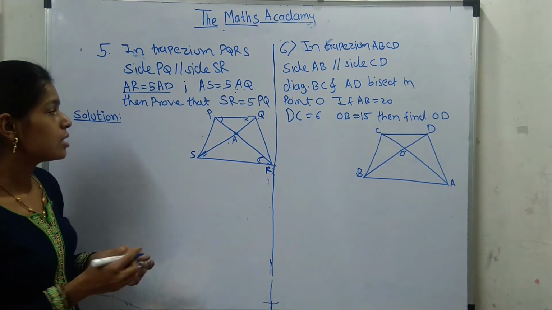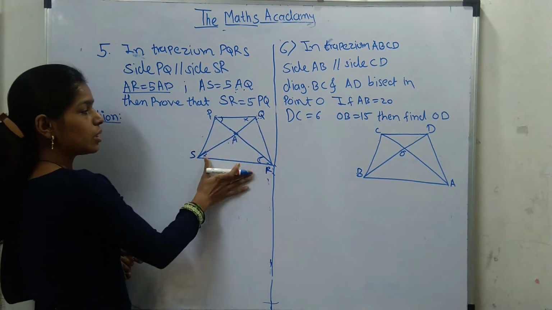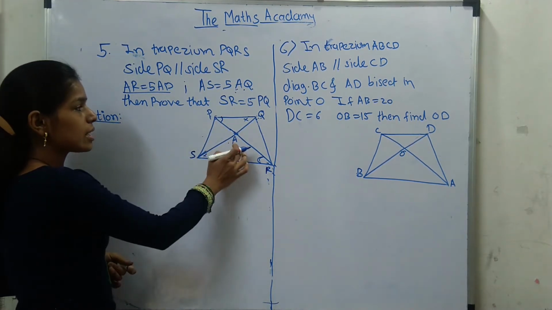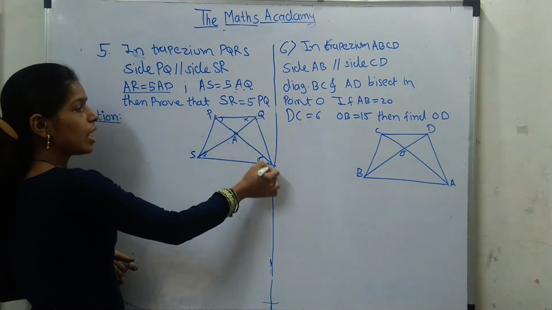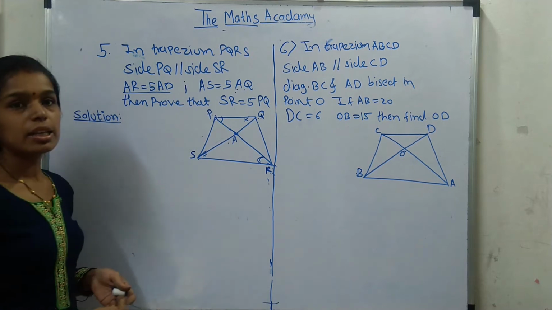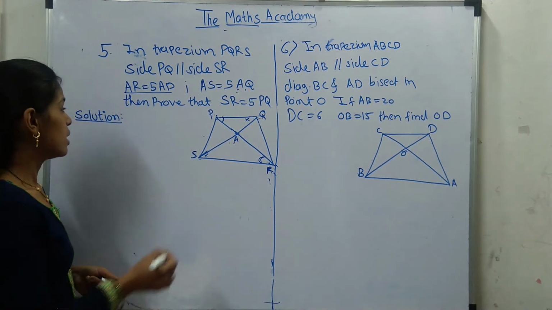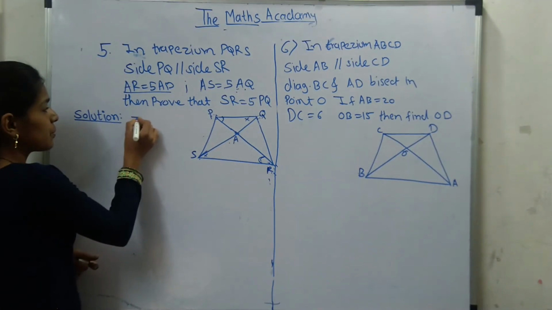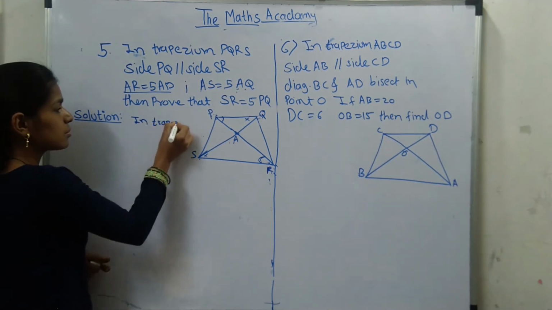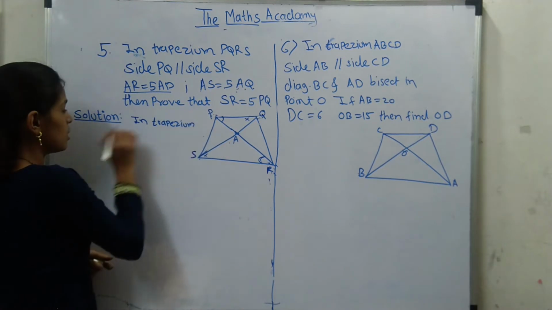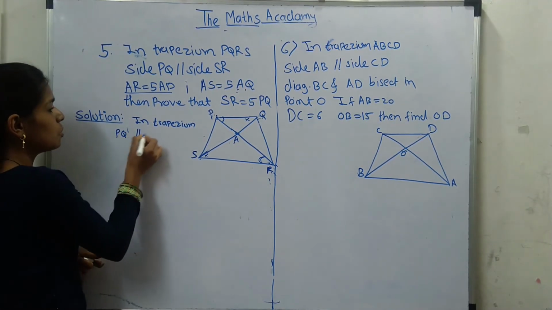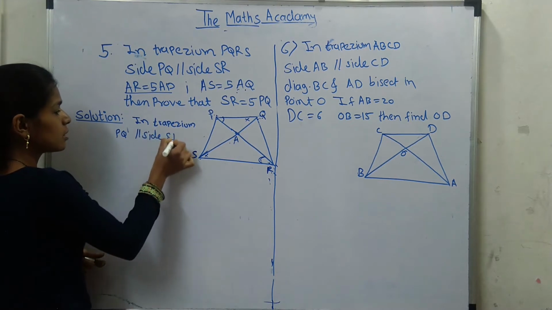Which two angles? See here. As PQ is parallel to SR, this PR will be a transversal. If PR is a transversal, then angle QPR is equal to angle SRP by the alternate angle test. So let's write here: in trapezium PQRS, PQ parallel to side SR,